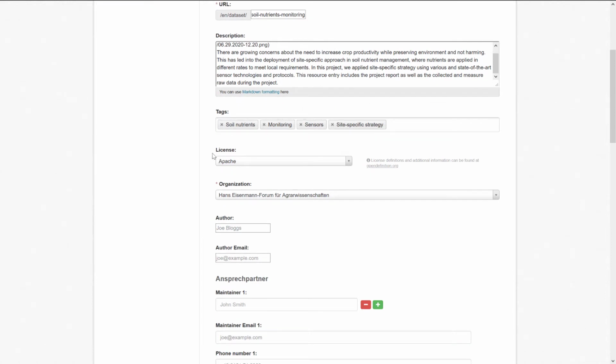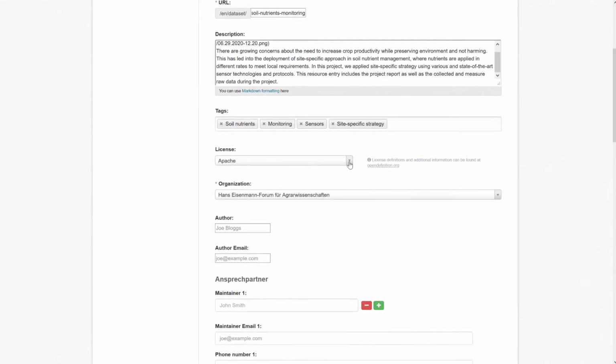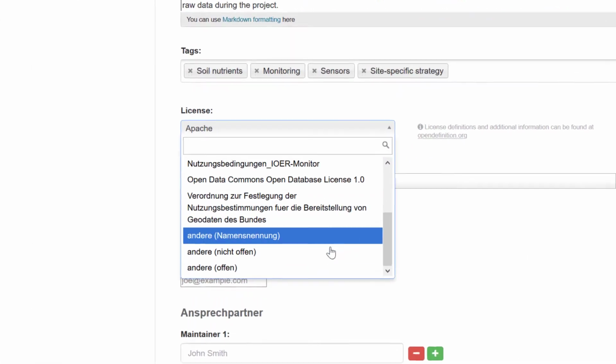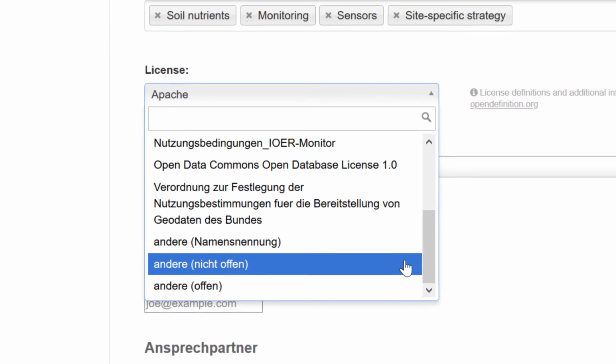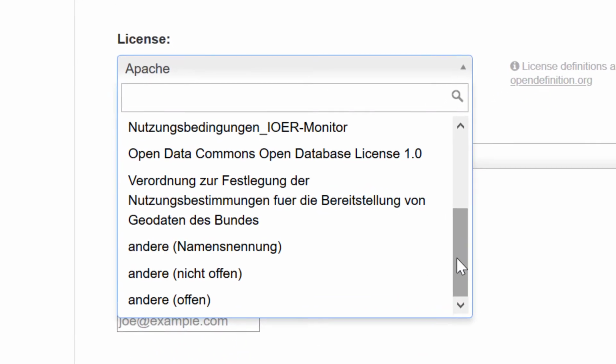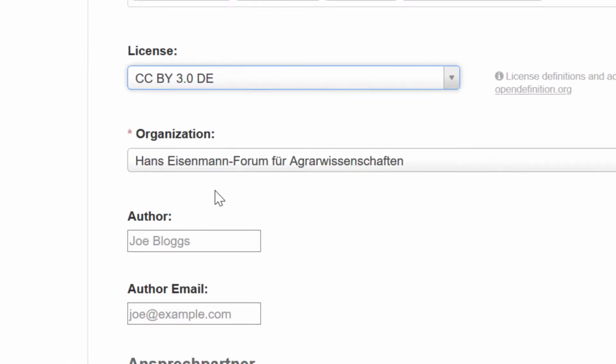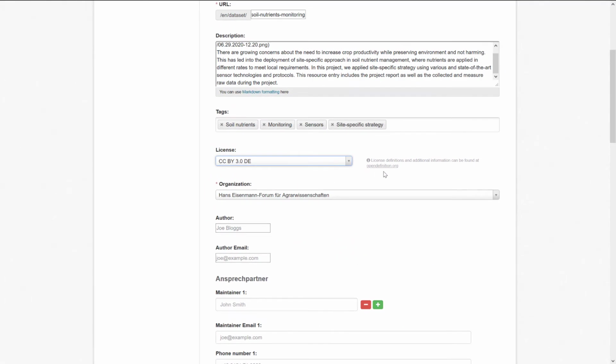The next attribute is license, which regulates in which way the resource can be used. Before using a license, make sure you are familiar with licenses and their limitations. If no license applies to your resource, you should not check this attribute. However, it is recommended that you choose a proper license so that it is clear who may use this data